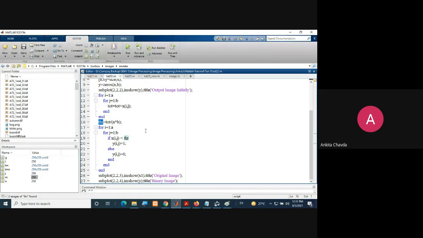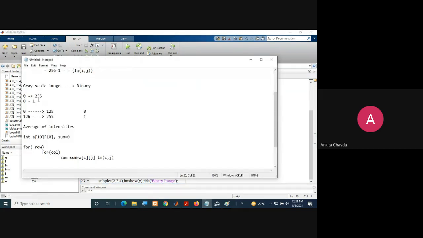Now you want to place according to this average. I am saying that whatever pixels have intensities less than my thresholding point would be mapped to 0, and whosoever is having greater than this value will be mapped to 1. Simple.